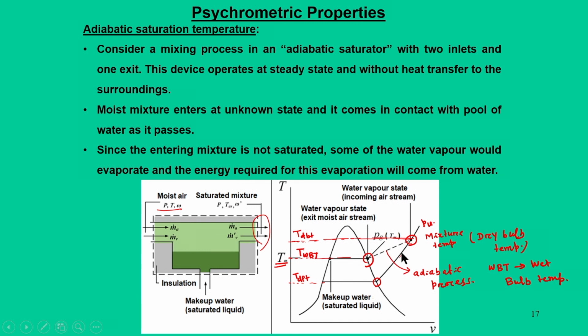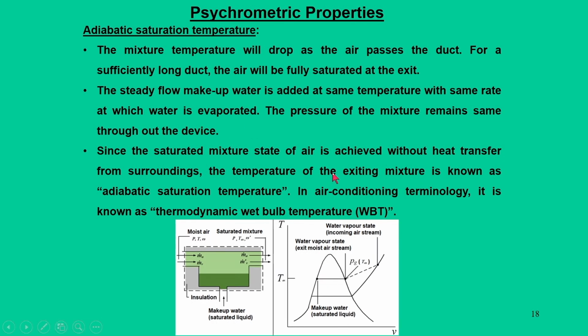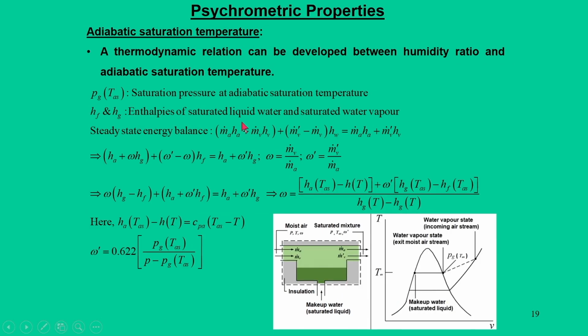Okay. But so, this is how for a given state three different temperatures are defined. All these things are explained here. There are some thermodynamic relations that can be developed between the humidity ratio and adiabatic saturation temperatures. So, one can first define Pg as the gas pressure, Ts as your adiabatic saturation temperature. So, this point is Pg, Ts, and when you reach this point we say we have reached the adiabatic saturation temperature on this temperature axis, and Hf and Hg are the enthalpy of saturated liquid and